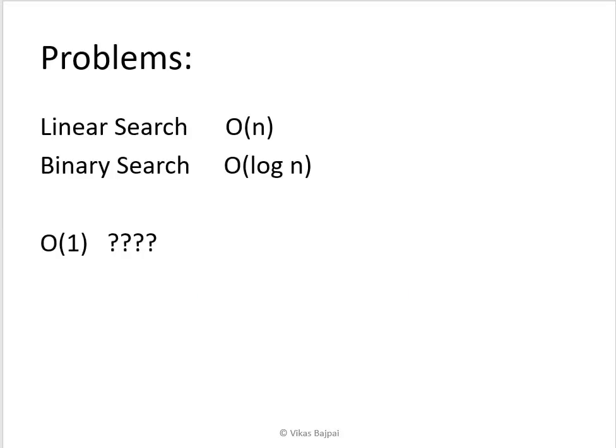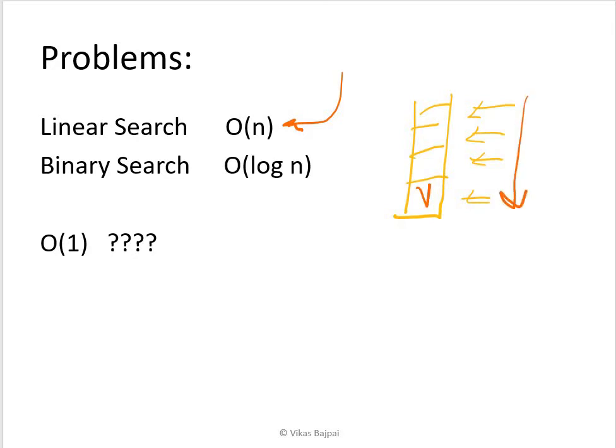In the previous occasions, we were looking into the linear search, which was our very trivial one, where one by one we were going through each and every value, and in case of your worst case scenario, the running time is proportional to order n, which is not acceptable. Let's assume I have some random values, and the value which I'm looking for, which is v, let's say, is kept at the end, so I have to go through the entire array, which takes order n time, which is huge.